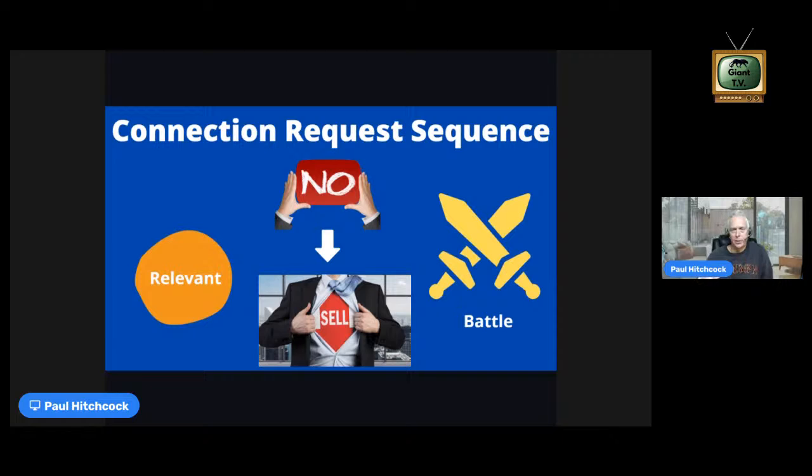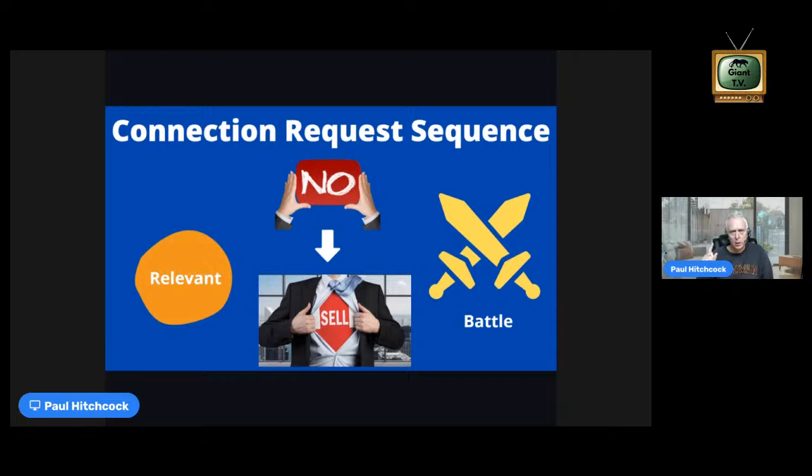It's also your sales funnel, where you're making people aware of you and what you do, then generating interest and generating a call to action and so forth through the sales funnel. But it is a war. And within that war, there are many battles. And this particular battle is about getting somebody to connect with you. You just want them at this point to connect. You're not trying to do anything else but get them to connect. That's the battle. And so, how do you get somebody to connect?